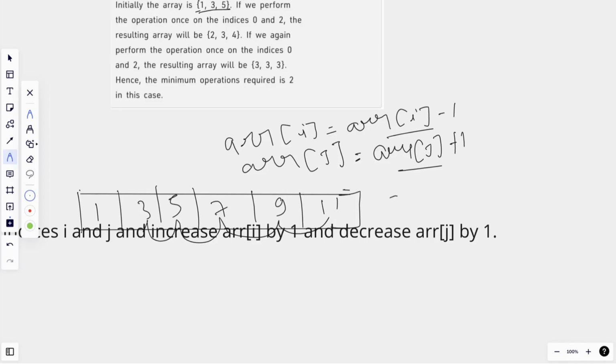So total sum is equal to 36. So this sum will be constant. If we pick i as this and j as this, we will do minus 1 and plus 1, so our total sum will be constant.